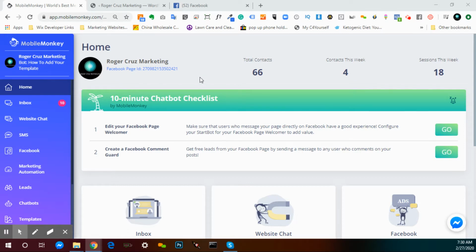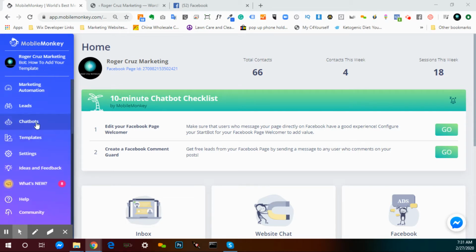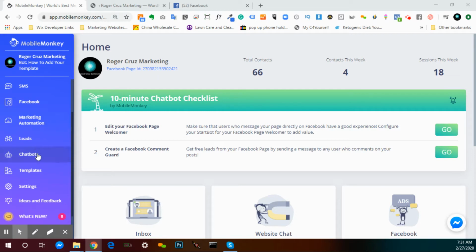Okay, so I'm going to show you how to use the code that you'll be receiving, or any code if you're going to add a Mobile Monkey code. So this bot is going to represent a bot that I might be currently using on my website. And as you can see here, just like your bot,